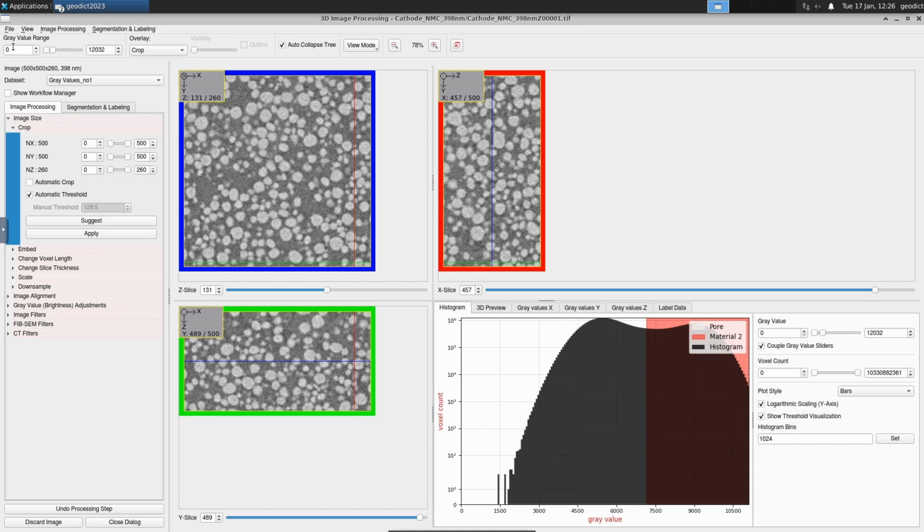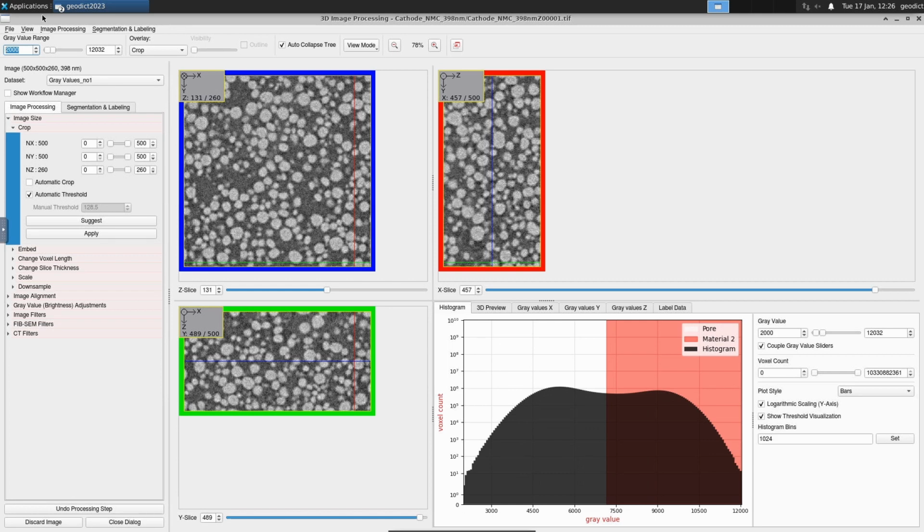And here instead of the 0 we type in the 2000 and hit enter. And it looks a bit nicer, so the contrast got even better. Now what you might have already seen is that everything is quite noisy in here, and therefore we want to filter our image to get rid of the noise.